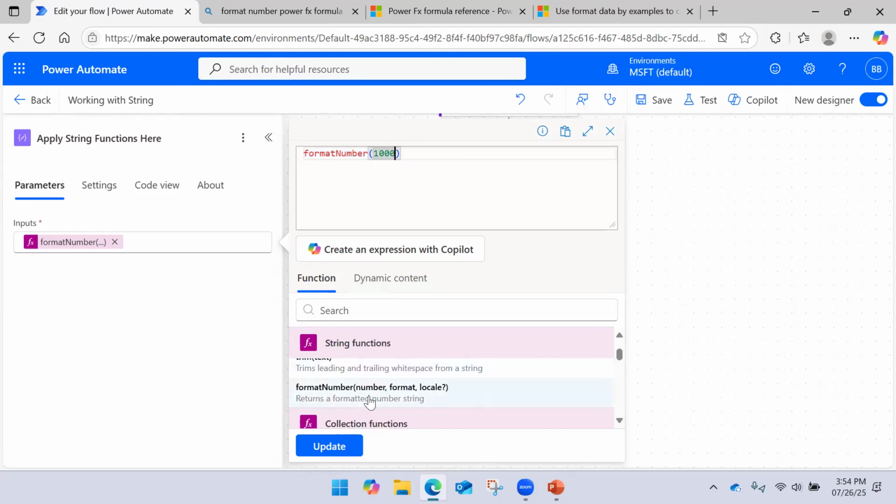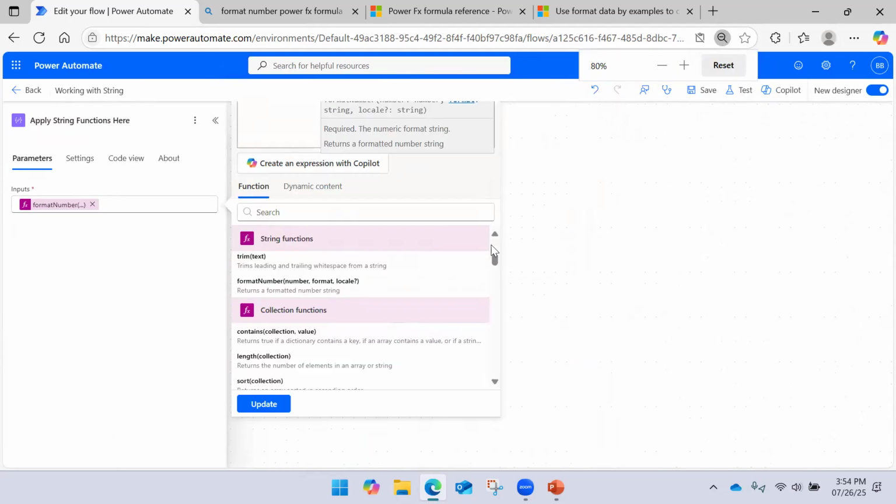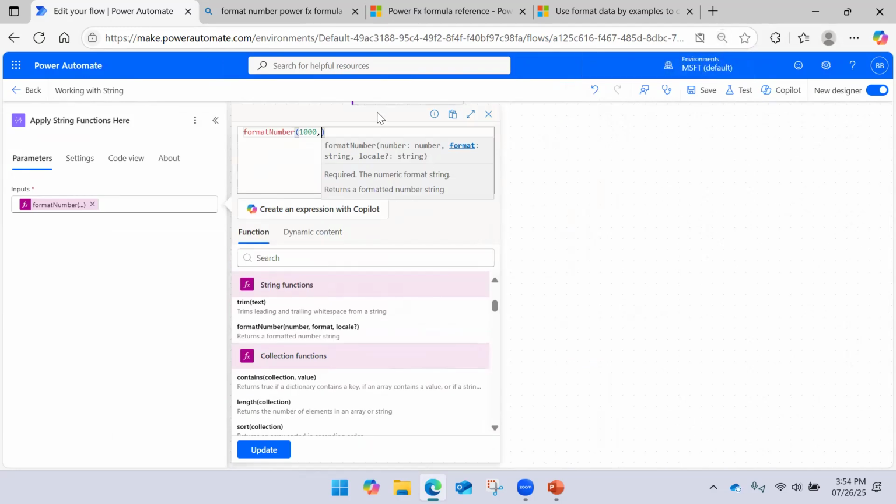Initially it is number, but what kind of format should be passed? Here the numeric format string returns a formatted value. Here you can see I should pass the string format, like general number.